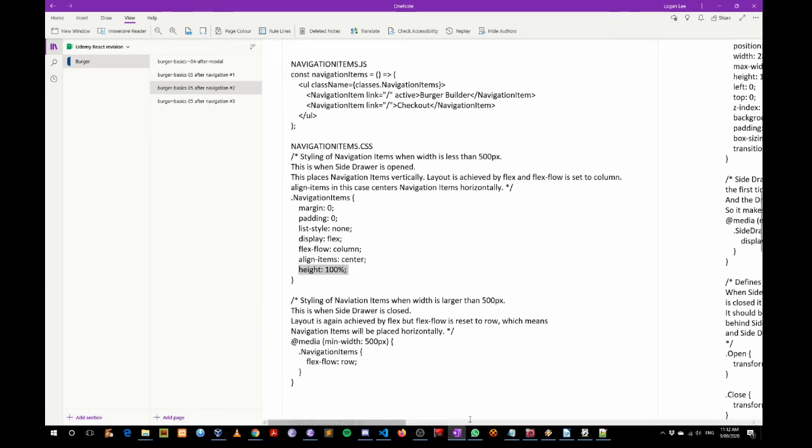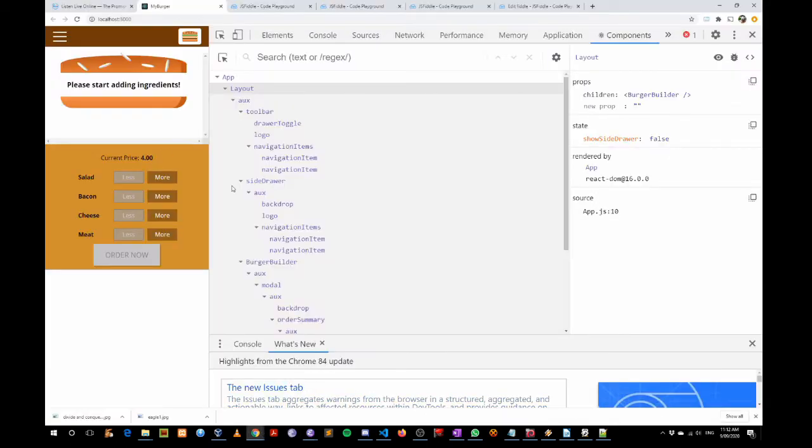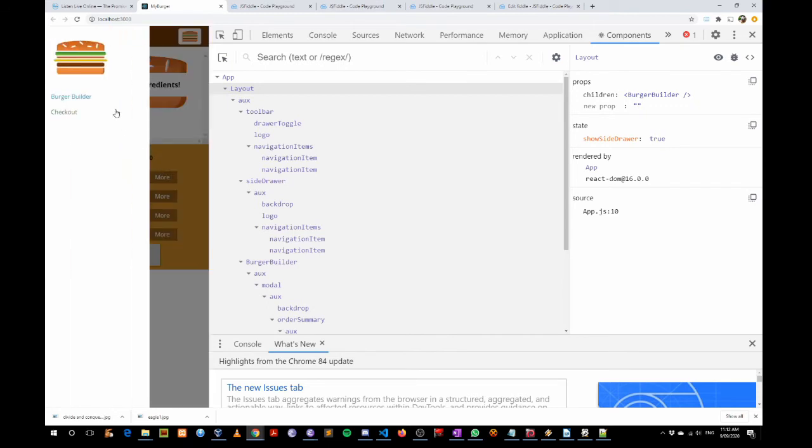So let's just show you what I mean. It's when the screen width is less than 500 pixels, which is in this case. We know that because we have the draw toggle button visible. The logo and the navigation items, they are arranged vertically. Okay,